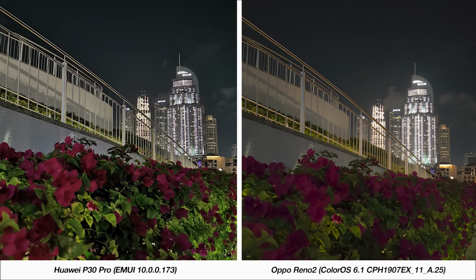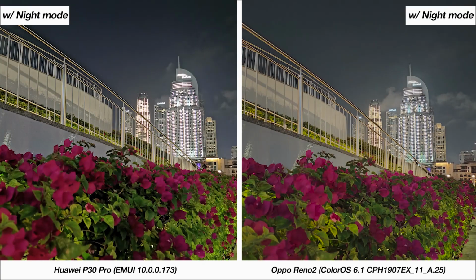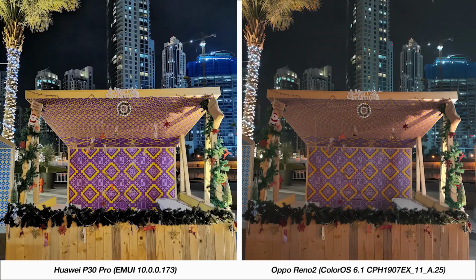There's a greater sharpness to the P30 Pro's images, while the Reno2 suffers all throughout this picture. Night mode though improves the quality of both pictures by a fair bit. I'd say on the Reno2 you find a much greater difference, and I'm impressed by how it's managed to handle the lights in the background so well. In the second picture, once again, it's clear that the P30 Pro has a massive upper hand in terms of